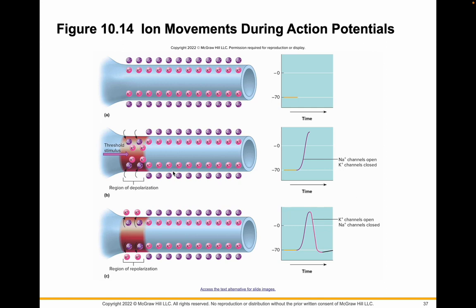And so this is a great picture of what's happening. This is at rest. We've got a lot of sodium out and a lot of potassium in. But once there's enough stimulus, it opens up all the sodium channels in this region. And the positivity rushes in, which is going to cause all the sodium channels in the next section to open. While this section is opening and sodium's rushing into this part of the axon, this section is now closing the